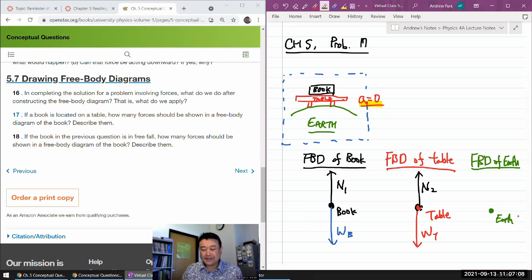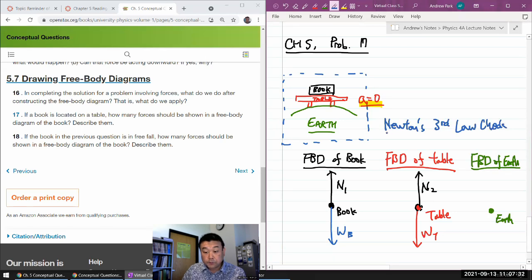Maybe. And this diagram would be consistent with the zero acceleration. And this is the place where I introduced the idea of Newton's third law check. It allows you to identify the internal forces that you could have easily missed when you are first considering your forces on your objects